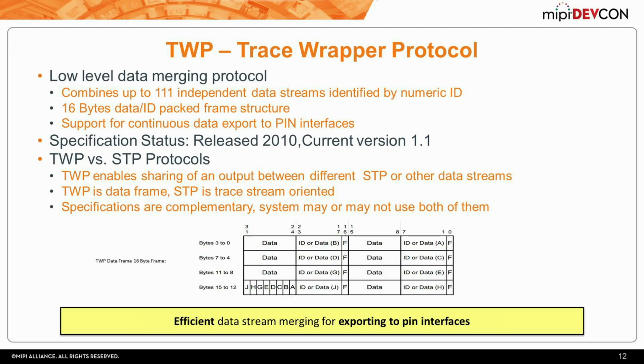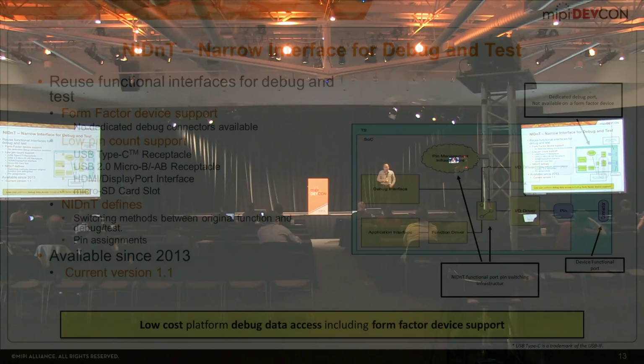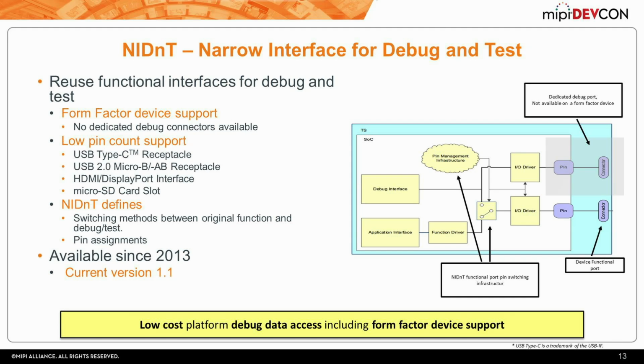So whether a system uses both TWP and STP merge protocols depends on its complexities. Some may choose both methods, some may choose just one or the other. So they're complementary and provide distinct features each. So the last specification